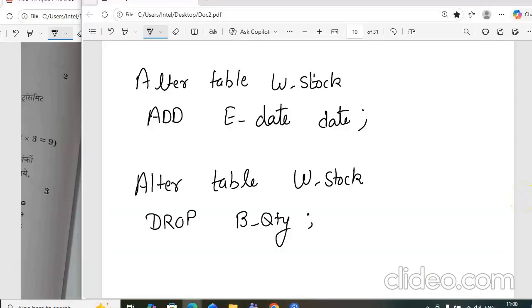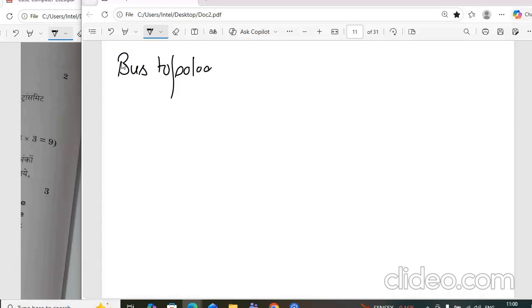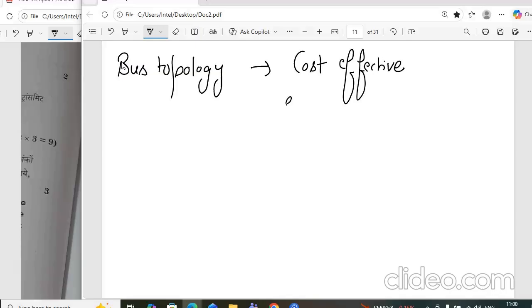So if I write something about bus topology: cost effective, okay, and easy to install, okay. Now this is the advantage.